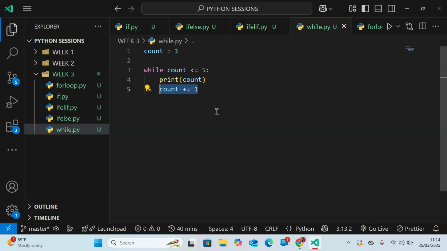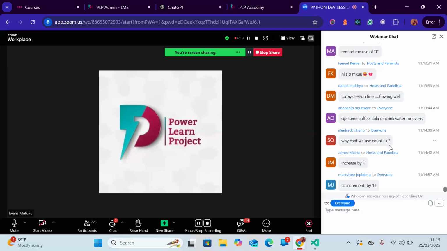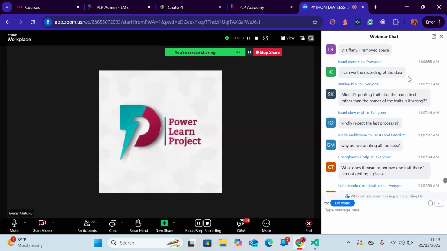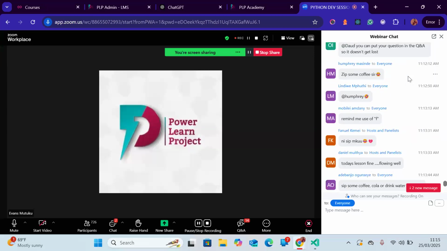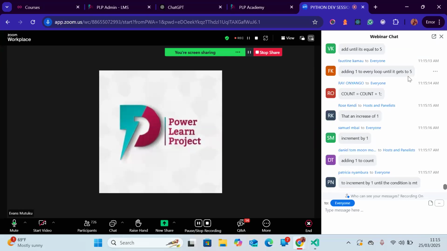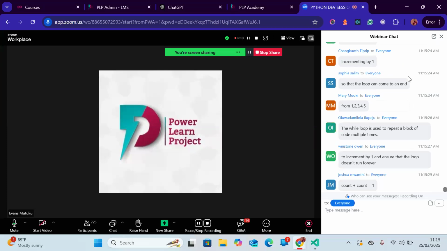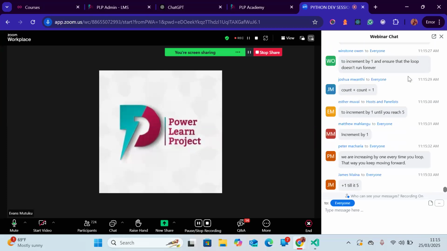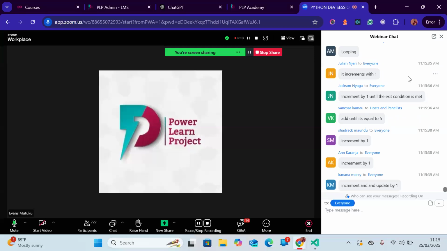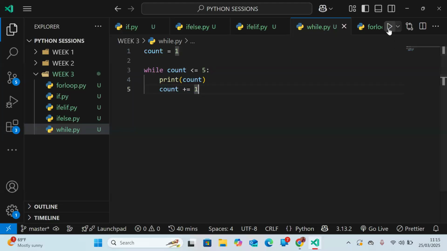Maybe you can type a short text if you think you got the answer. I'm just reading through this. I'm just writing increment until the count is 5. It's a conditional statement. It's looping through, incrementing by 1. We are looping until the given condition is met. Incrementing plus 1 until it's 5. Everyone is correct. So we are going to run this code and see the output, and then we try to